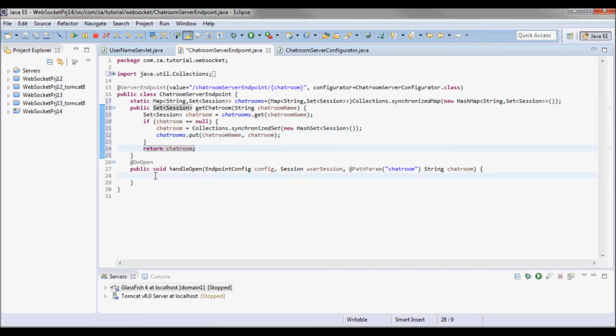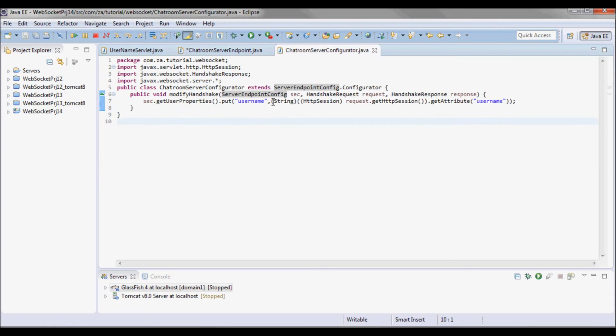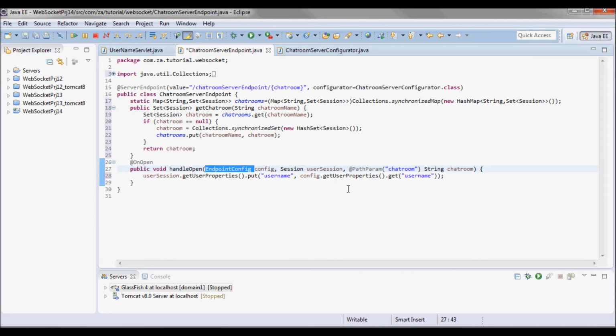Now here in this method, I'll go ahead and pick up the username from the endpoint config instance, so essentially from here that we stored here. And I'll store that username in the session user properties, so session.getUserProperties.put.